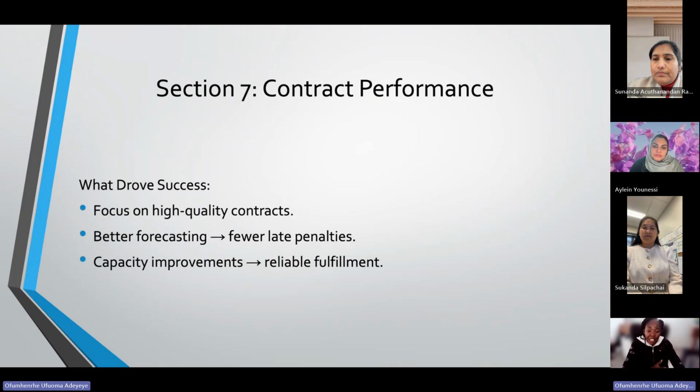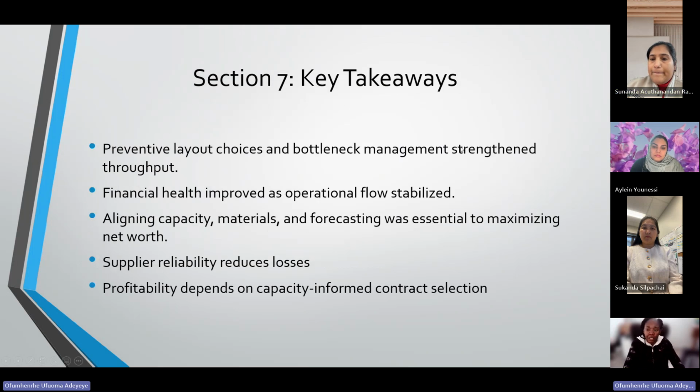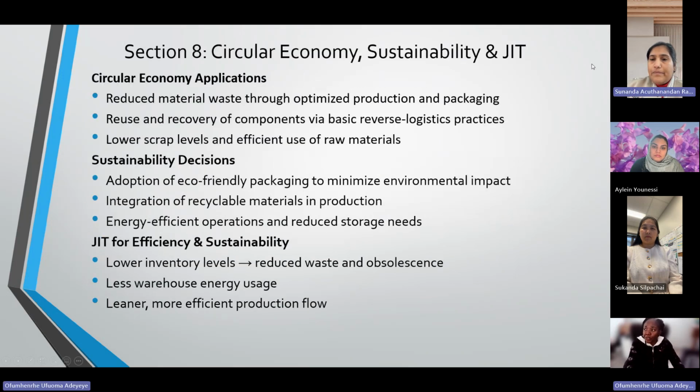So we have the key takeaway from this session, which is that the overall of Section 7 shows that financial performance improved only after operations issues were resolved. As soon as we resolved bottlenecks, everything else improved. So we would actually say that operations and finance are inseparable. Optimized workflows, reliable suppliers, and accurate forecasting were the real drivers behind the financial turnaround of this project. I would hand over to